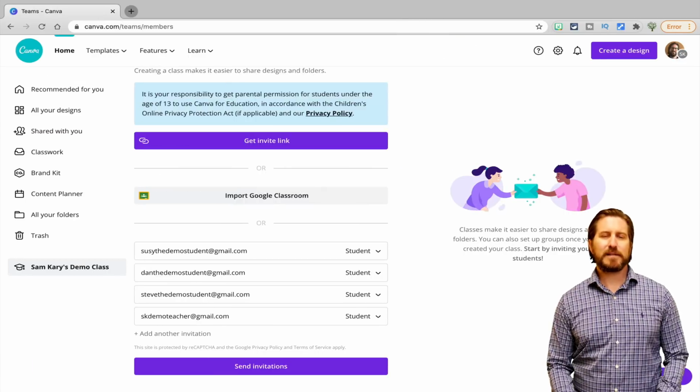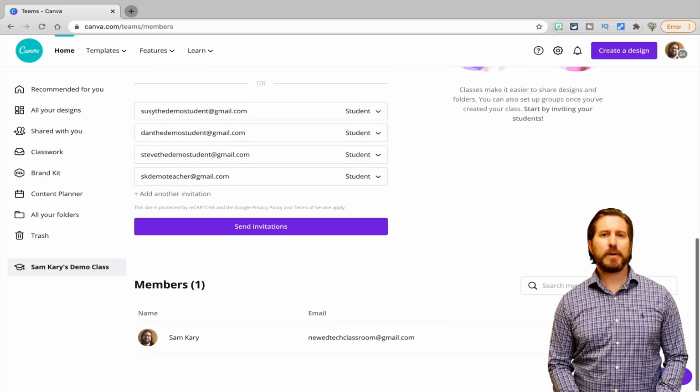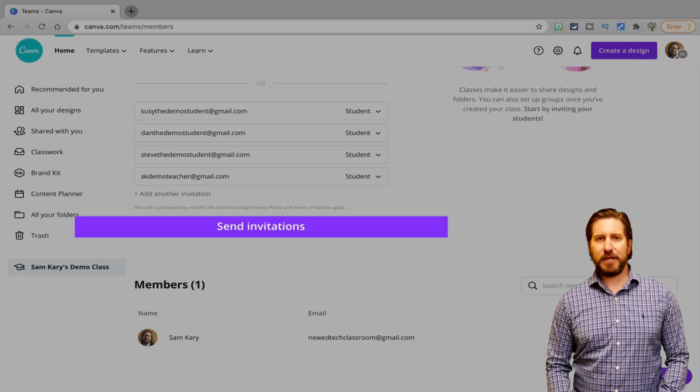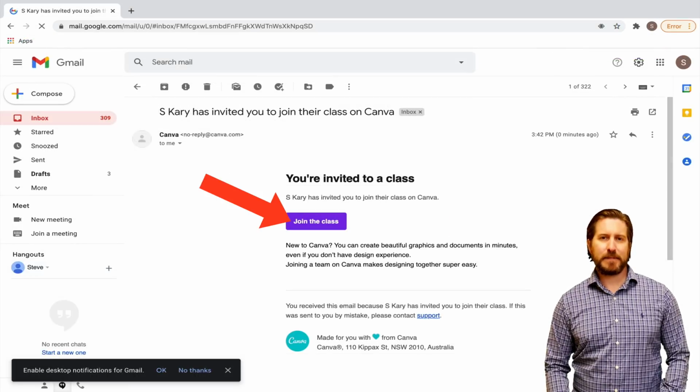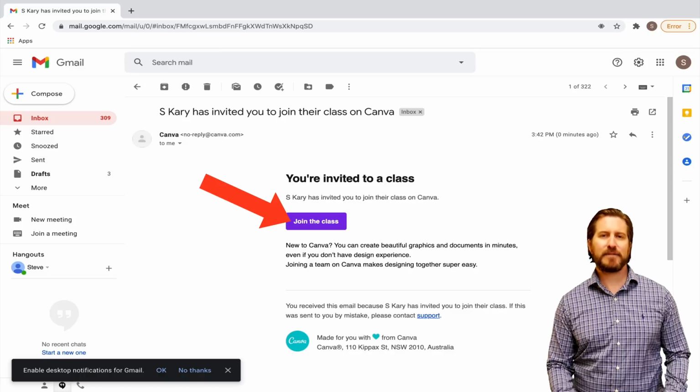Once you sync your roster or manually add student names, it's important to note that students won't actually be signed up for a Canva account until you send them an invitation, which they will need to accept. Because of this, it might be a good idea to send those invitations in class and have students accept them